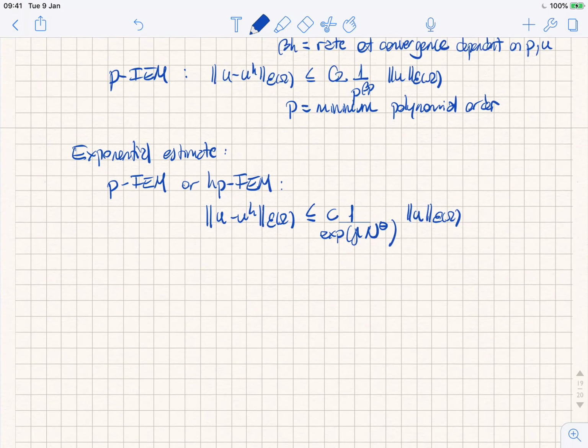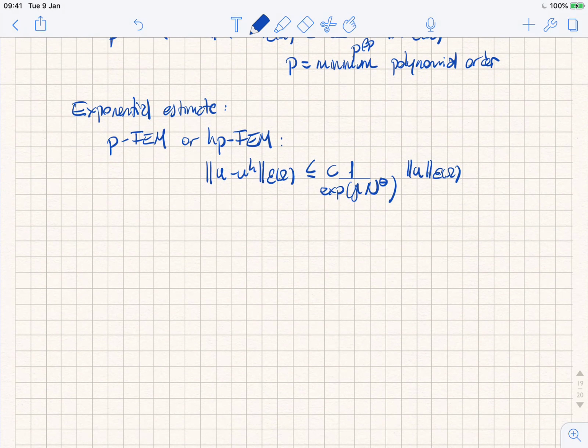Right? So you have 1 over e to the power of gamma n to the power of theta. So here we have also some other constants. So gamma, theta are constants that depend